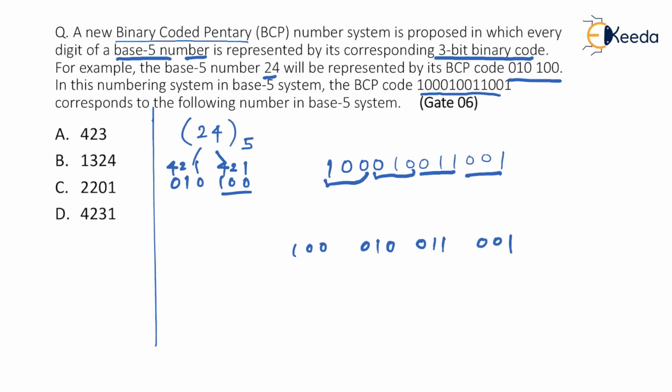Okay, so for 001, on top of it I'll write 4 2 1 everywhere. You can see that logic 1 is present only below 1, so I'll write 1. Here 2 plus 1, because 1s are below 2 and 1. 2 plus 1 is 3. Here 1 is present only below 2. This is 2. And here 1 is only below 4. So this is 4. So what is the resultant number? The resultant number is 4231 to the base, of course not 10, it is to the base 5. As you can see, it is matching with option D. Option D is the correct answer.